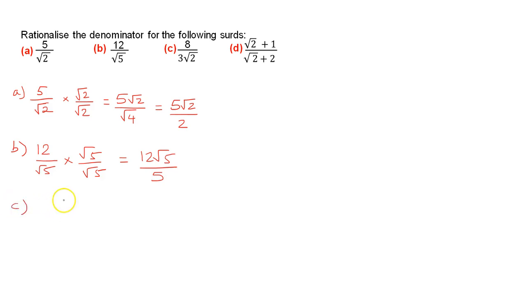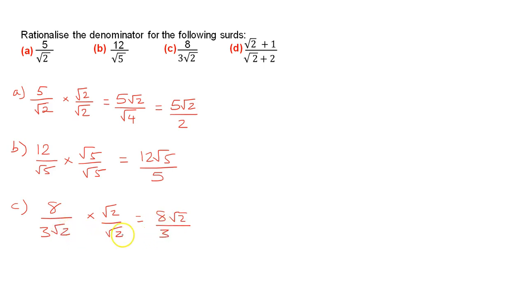Now for c, there's different ways you can approach this one. So 8 divided by 3 root 2, you could either multiply the top and bottom by 3 root 2, or it's actually simpler to multiply it by root 2, because we're trying to rationalize it, so we just need to remove the surd. Multiplying it by 3 root 2 wouldn't give you an incorrect answer, it would just give you a larger equivalent answer. So the top here then would be 8 root 2,